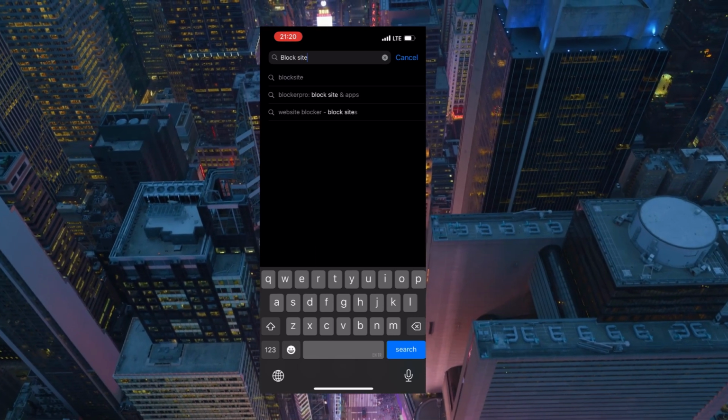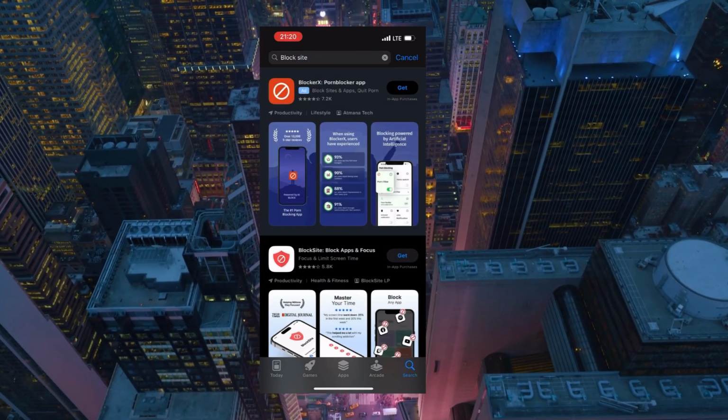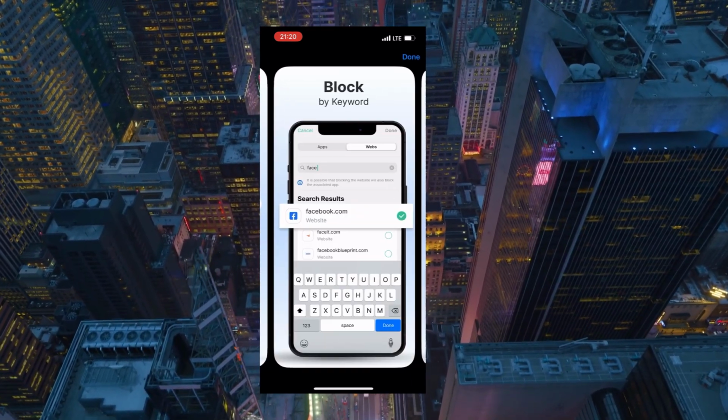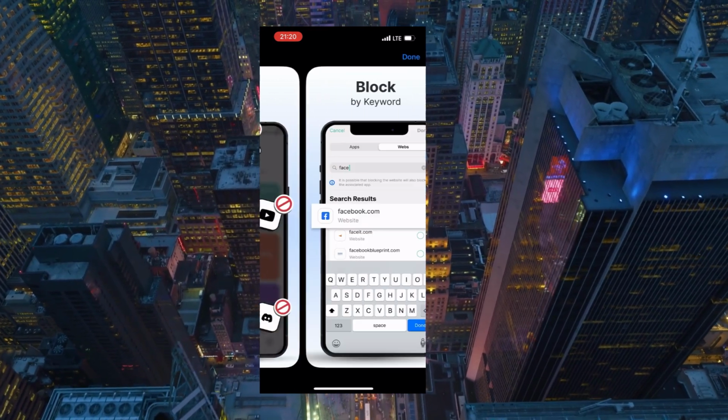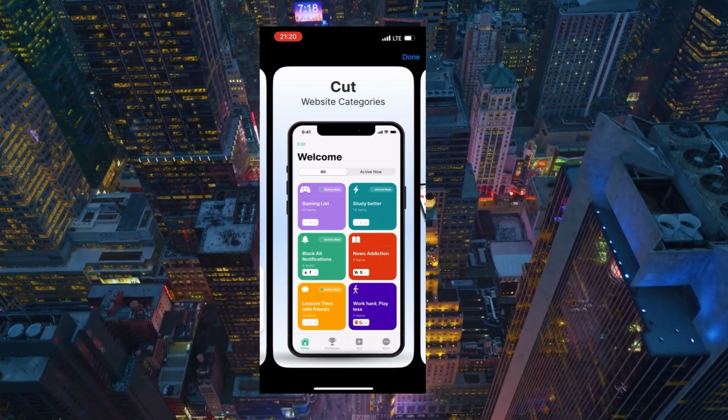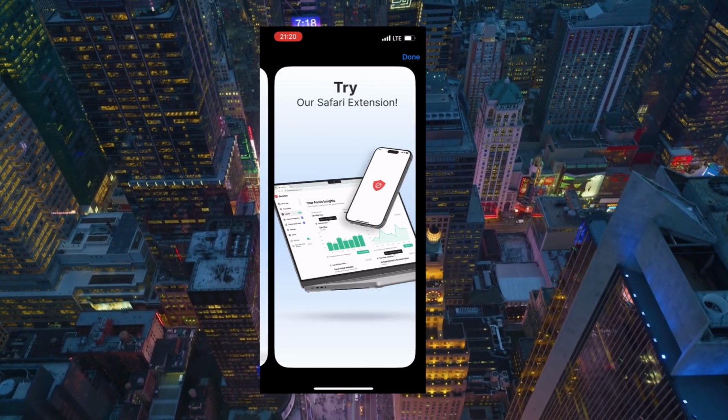Then tap the plus button. Search for the website you want to block and add it to your block list. Done. That site is now blocked across your entire phone, not just one browser. You can even set schedules, so for example, websites are blocked during work hours or school hours and open again